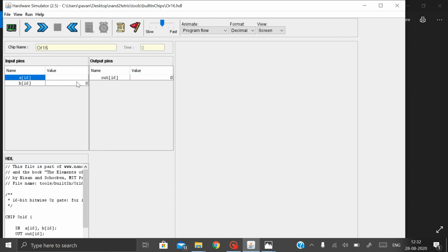Let us say any of the inputs is 1. Let us evaluate. You can see the output is 1. Let us give the b input also 1, so the output will be 1. If you give a as 0 and b as 1, again the output will be the same, 1.